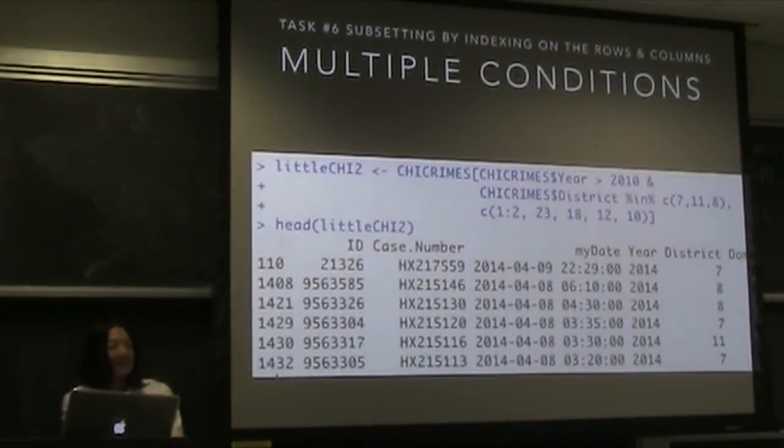Any questions on conditioning, sir? With the in operator that you have, you could write crimes$district equal 7, and then another condition, crimes$district equal 11, and 8, but that just does it all in one. And I haven't timed it. I think it's considerably faster because it doesn't have to keep passing. It does this at once, like it's searching for this vector as it's marching through the data set. It's not looping through and looking at the first condition, the second condition, the third condition.